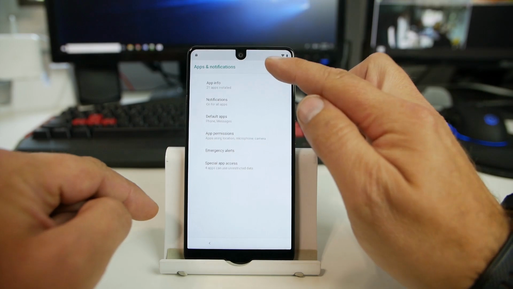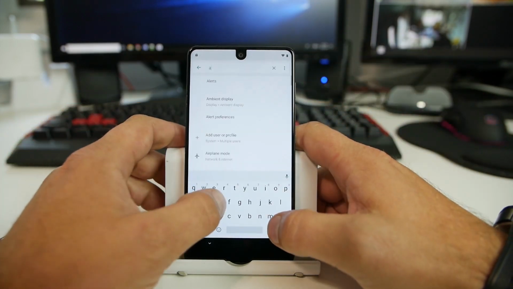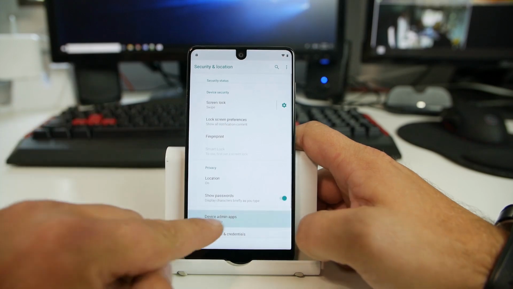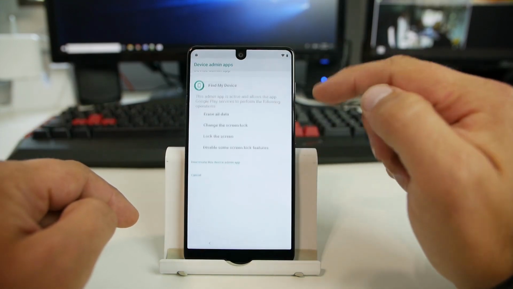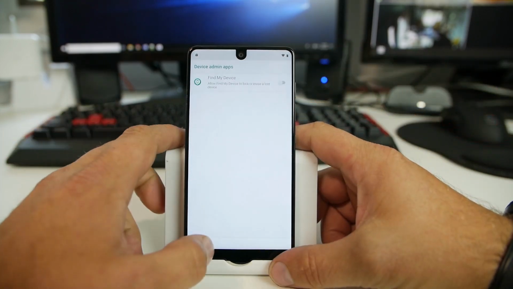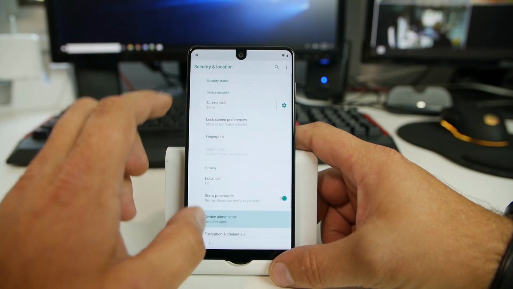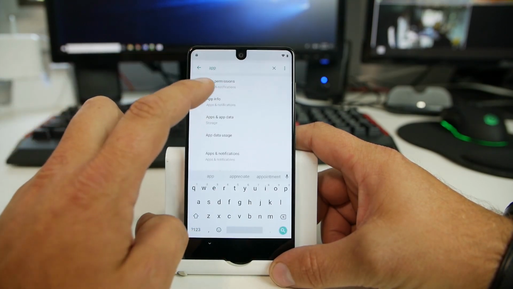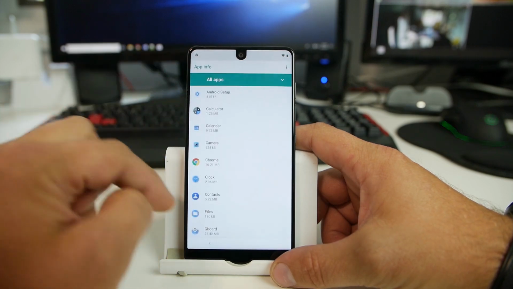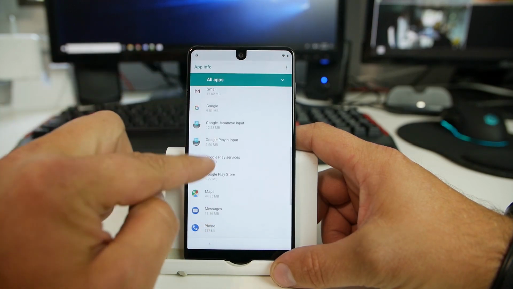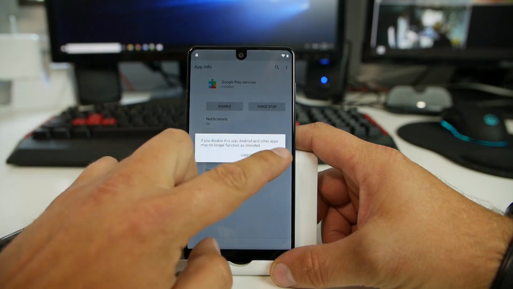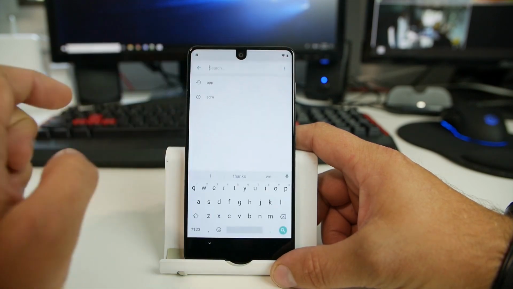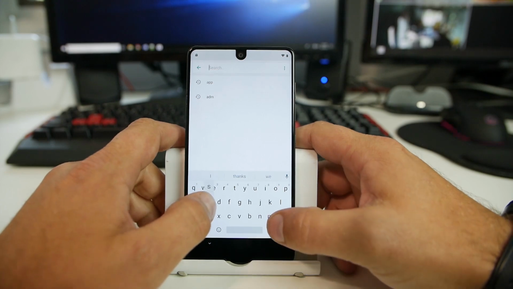We'll go back once, and first we're going to go to admin. So here we can go to admin, and we're going to turn off admin, deactivate the administrator, and then we're going to do the search again. This time we'll go back to apps, and app information, we'll go to those applications, we'll find Google Play Services, and we'll disable it because now we can. Okay, and then now we're going to do a search here for storage